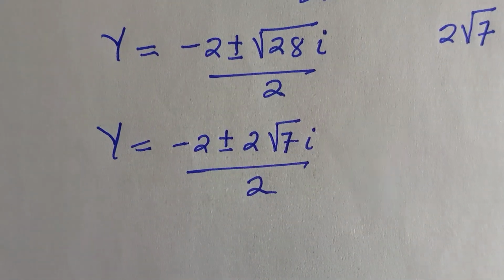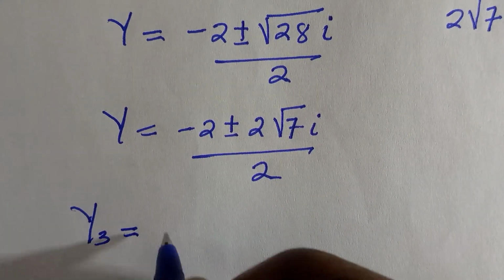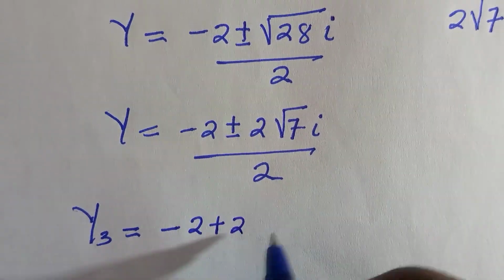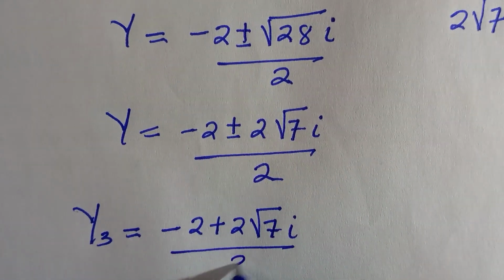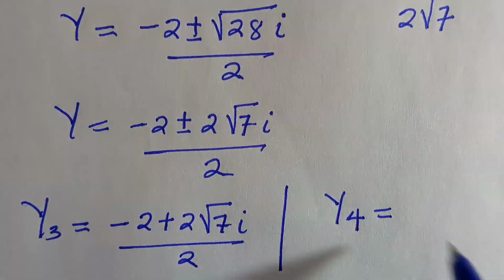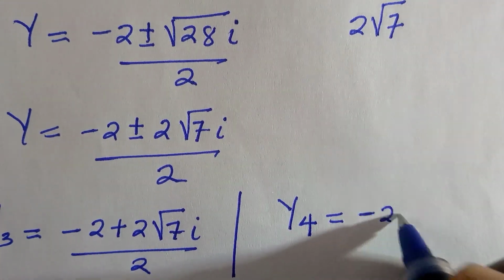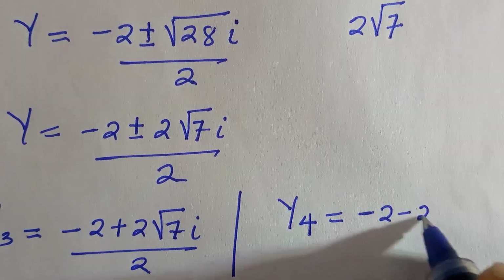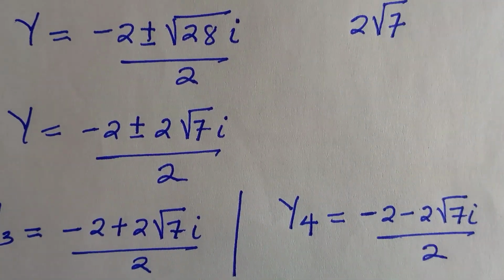And since we are dealing with plus or minus, we are going to obtain y3, which equals minus 2 plus 2 root 7 i, that is along positive first, divided by 2. And y4 equals along negative, which is minus 2 minus 2 root 7 i divided by 2,